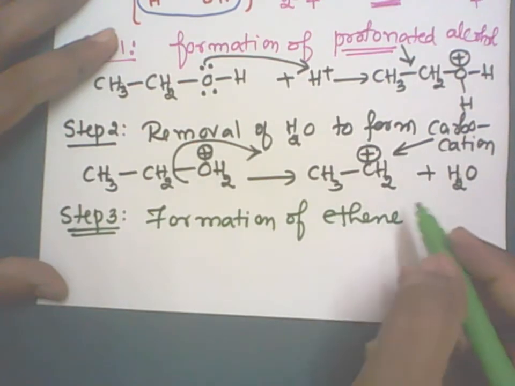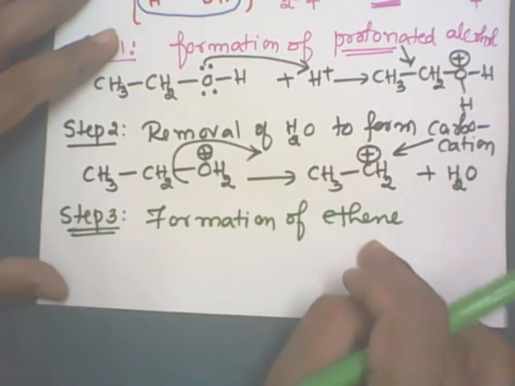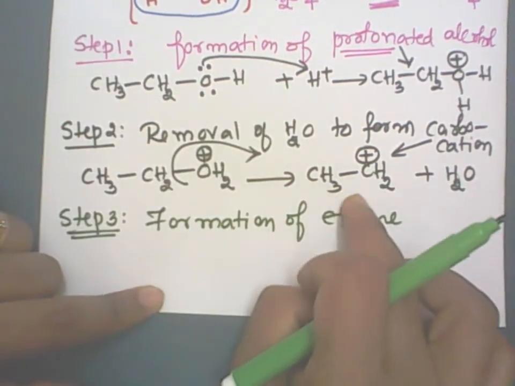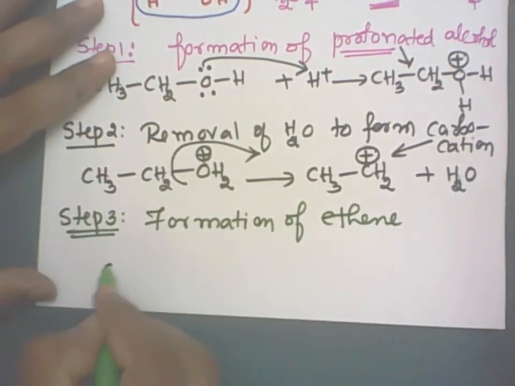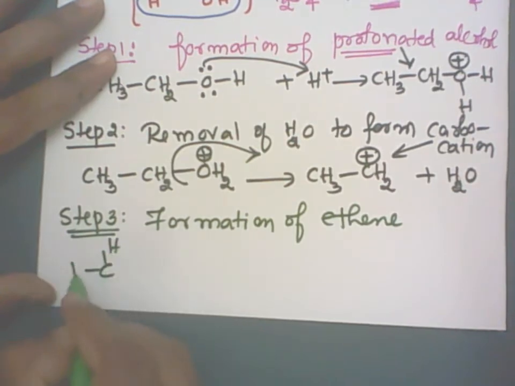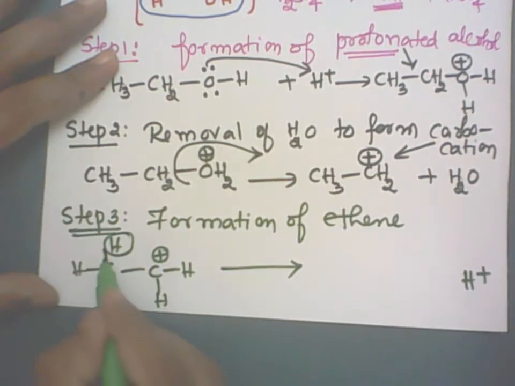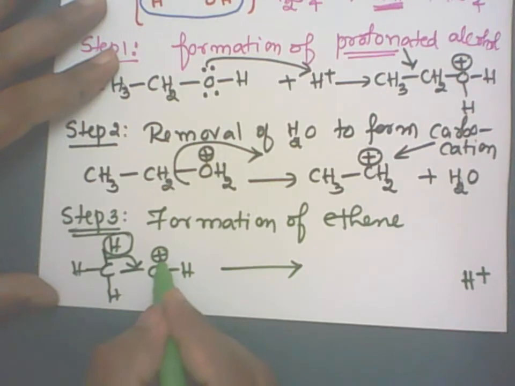By removal of the proton. Initially we added a proton, now the proton is being removed from the carbocation. So I am going to write it. Now the bonds on the carbon atom here, then carbon, hydrogen, hydrogen. This is the shortage of a bond, the plus charge element. So what will happen now? The proton is lost, H plus is lost, and the bond remaining there will migrate to between the carbon-carbon here. So this positive charge will be neutralized.